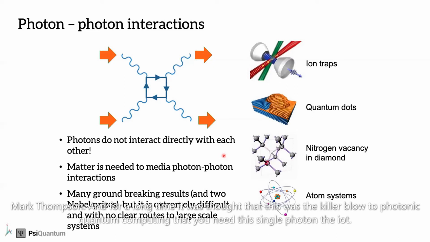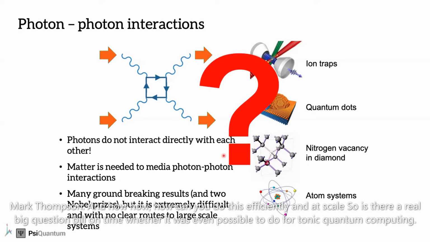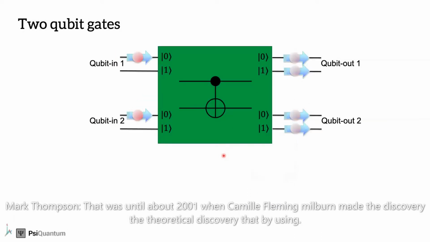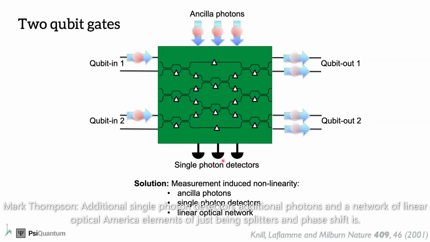And for a long time, it was thought that this was the killer blow to photonic quantum computing, that you need this single photon nonlinearity. And how can you do this efficiently and at scale? So it was a real big question for a long time whether it was even possible to do photonic quantum computing. That was until about 2001 when Knill, Laflamme, and Milburn made the discovery, the theoretical discovery, that by using additional single